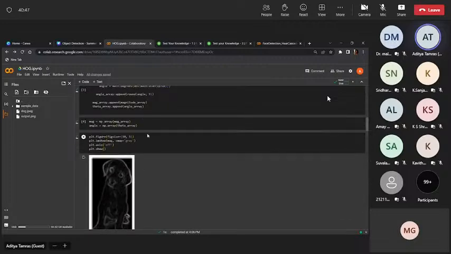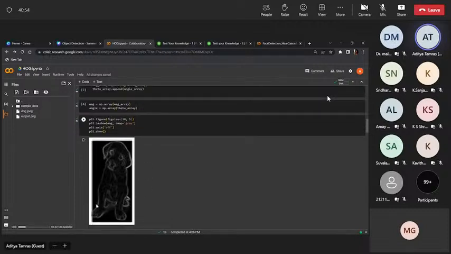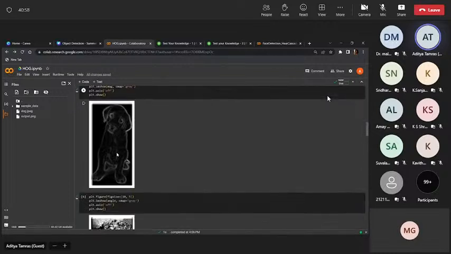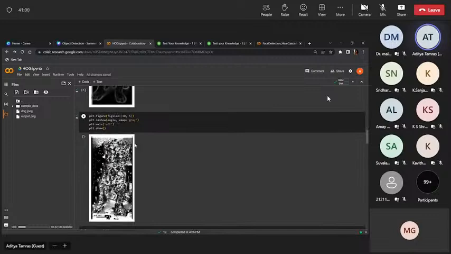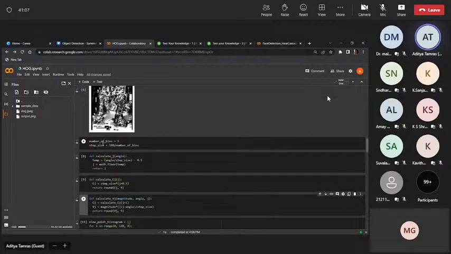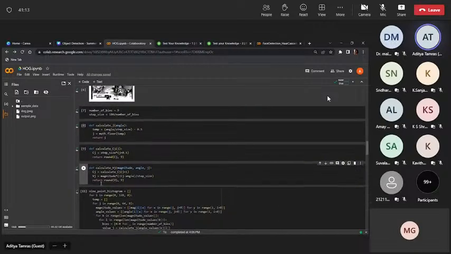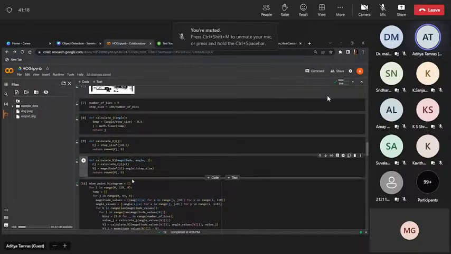I convert these into NumPy arrays, and I try to plot what it would look like. So this is the image corresponding to the magnitude of the gradient, and this is the image corresponding to only the angles of the gradient. Then I specify the number of bins and the step size. These are basically three functions which I'm using to calculate what value will be